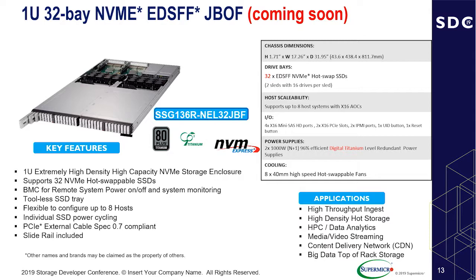JBOF stands for just a bunch of flash, and I can directly connect that with PCIe. So in this system, I've got 64 lanes of PCIe coming out of the box, and I can connect up to 8 host servers to that JBOF